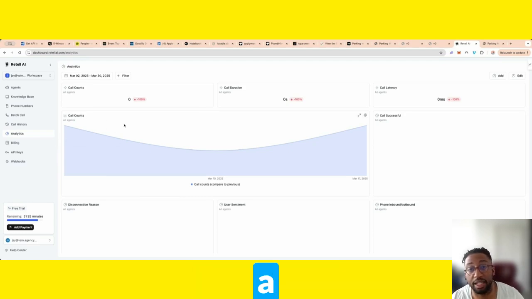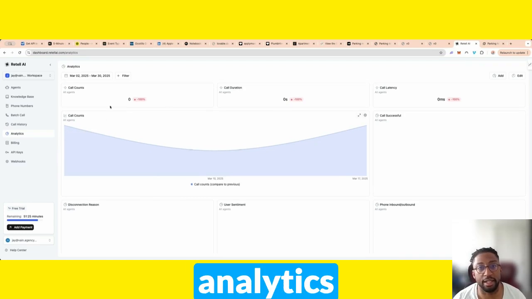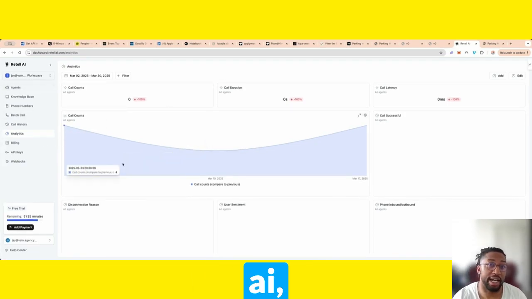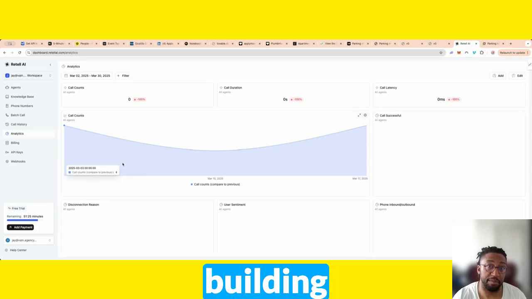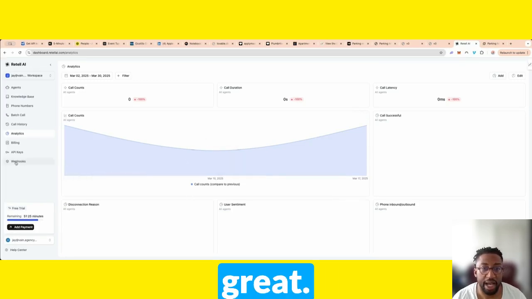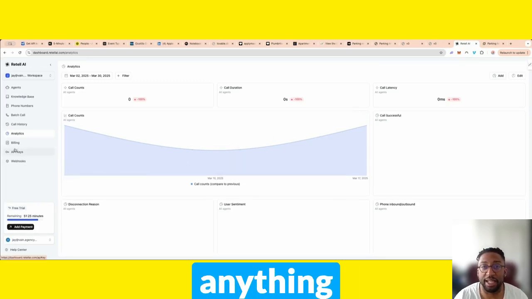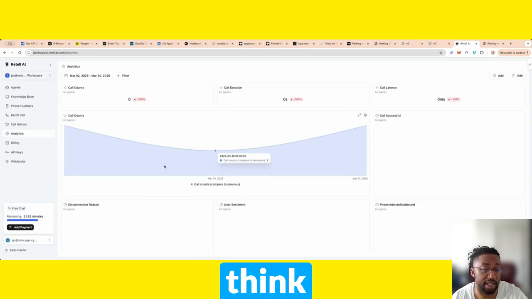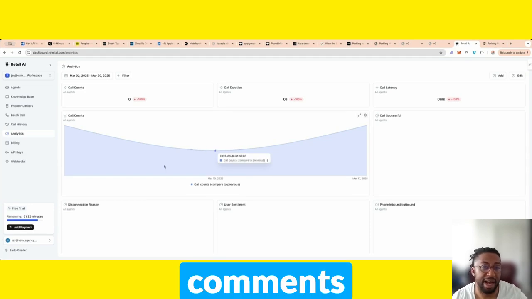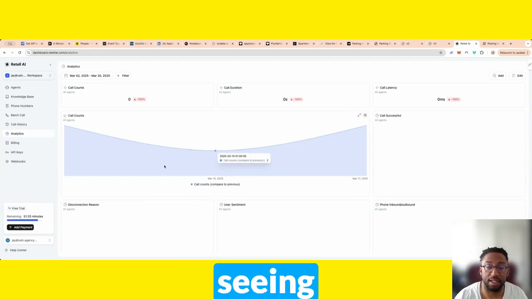This is probably a game changer. I like that you're able to see the analytics all on one screen. For Retell AI, being able to keep building on this is great. I don't think that this is missing anything right now, but if you think that it's missing something, leave something in the comments below. The big thing that I'm seeing here is that the analytics is going to be powerful